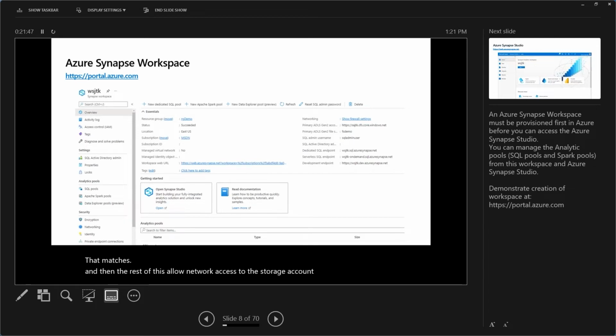And then the rest of this, allow network access to the storage account. That really doesn't hurt right now, but it's not going to let me do that now. In fact, it will be working with it locally. That's just only if you want to make it available more broadly. And let's see, double encryption, no, not necessarily. So we're going to keep it to an absolute minimum. Review and create, and let it rip. So this is going to take a few moments, but when it comes back,